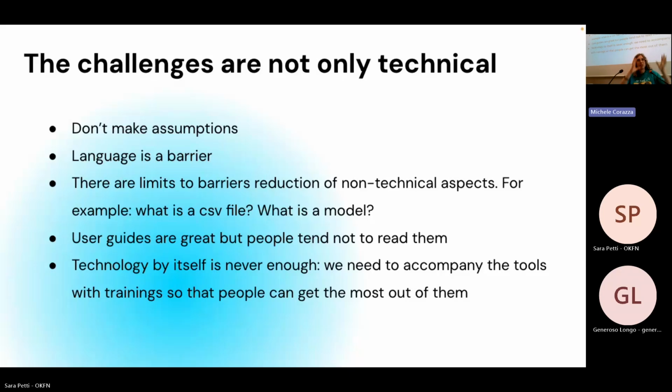And language being a barrier has multiple dimensions. Of course, it has to do with localization, for example, and the application being able to be used in the local language. We have it at the moment in English, French, Spanish, and Portuguese. But what I also mean here, which was something a bit more complicated for us to understand, is that the choice of words that you use can also be a huge barrier, especially when working with non-technical communities.